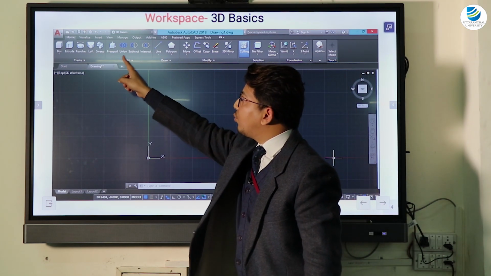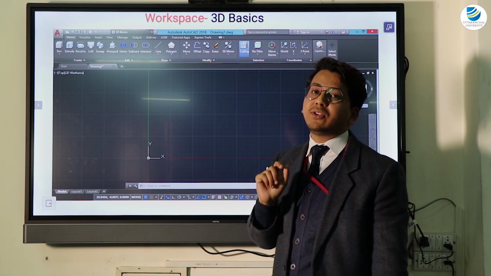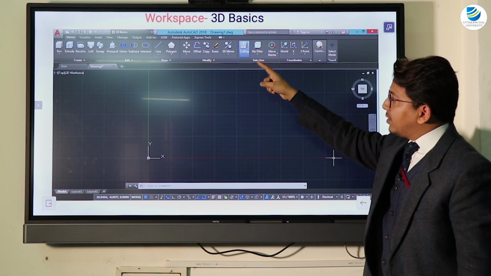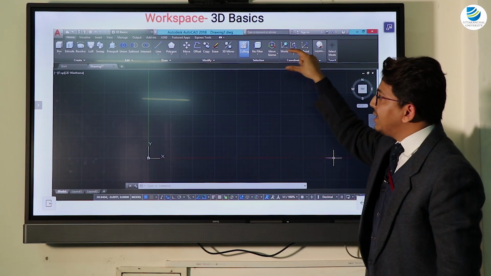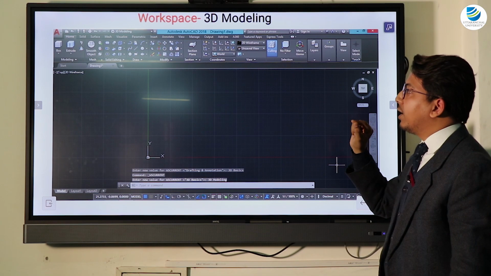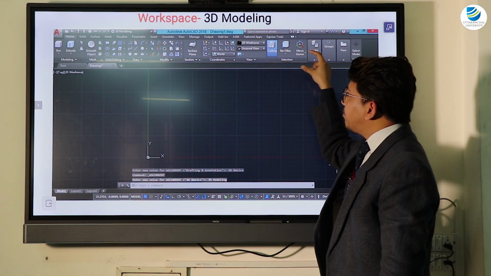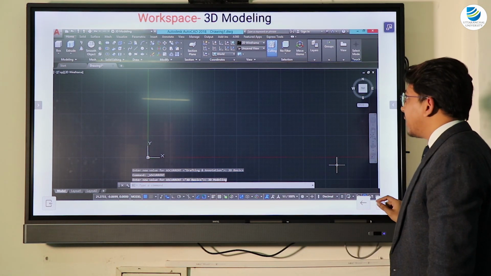Now the tools will come which are useful for drawing 3D drawings. So this is the user interface for 3D basics. In this, only these tools will change. And in 3D modeling, which has some advanced 3D commands, this panel will again change. So this was all about the workspace.